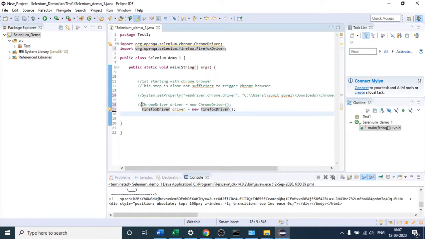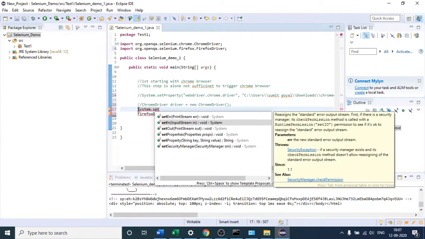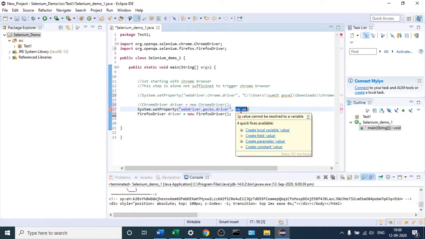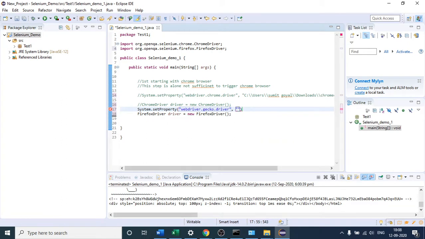This time we have created the object of this, so I have to set the property. Again I will use System.setProperty, just like we did for the Chrome browser. The property name is webdriver.gecko.driver. After that it is expecting the path of that .exe file.